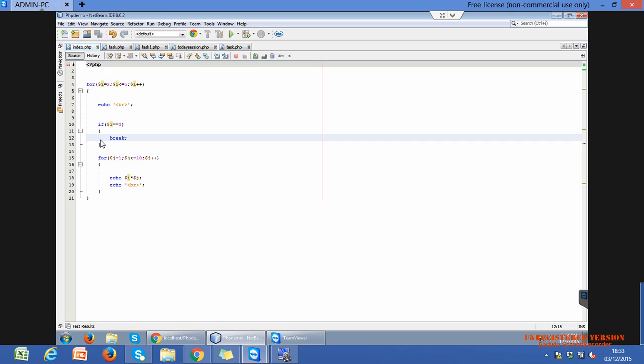So, tell me the output. Outer loop will not be there, then inner loop will, okay. Means our output will be this, and table of two and